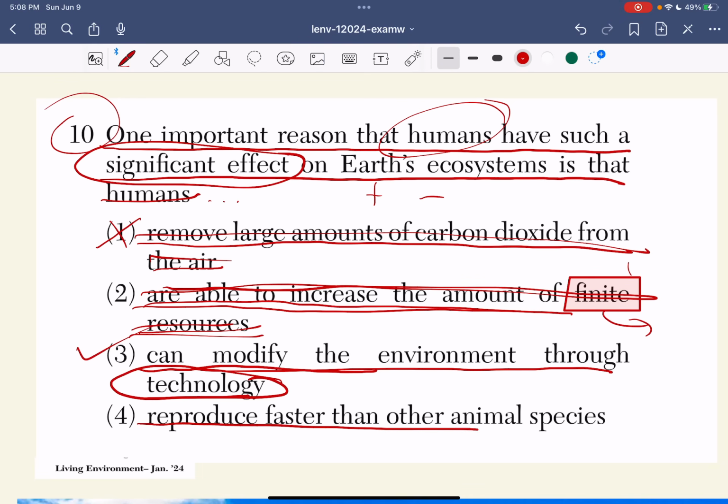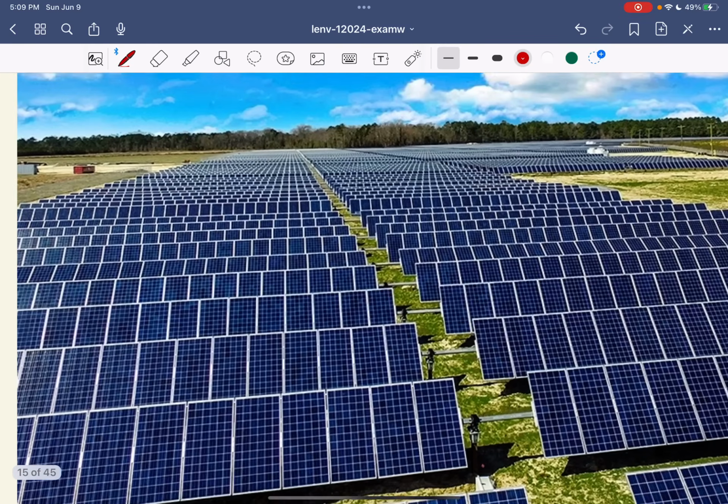Humans reproduce faster than other animals. I don't know about that, but I've seen some roaches reproduce pretty fast in certain apartments. No shade to anyone who has roaches at home or insects or ants or anything like that. But if you know what I'm talking about, you know what I'm talking about, okay? There are some insects and animals that reproduce once and do what's called overproduction, and they reproduce tons of eggs, millions of, let's not talk about it. But the best answer for number 10 is 3, and here's a beautiful example.